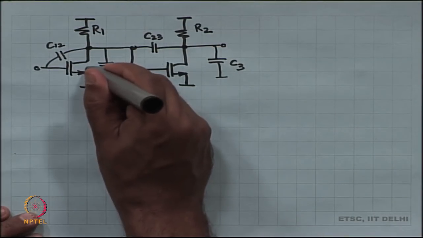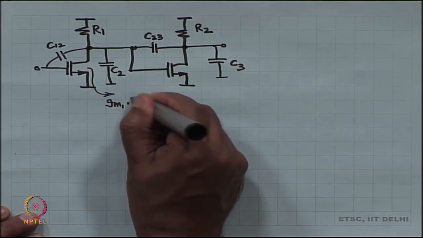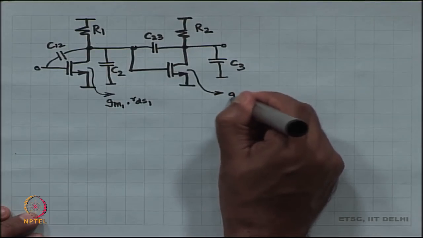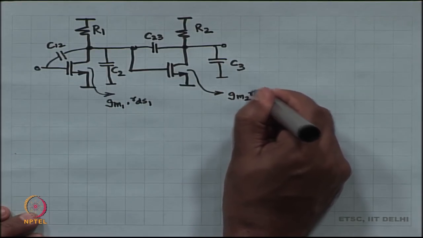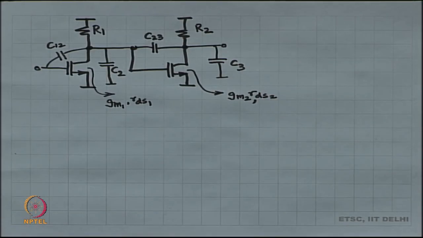R1, R2, and my devices had GM1, RDS1, GM2, RDS2. This was the circuit that we had analyzed. All right. And in this particular circuit,